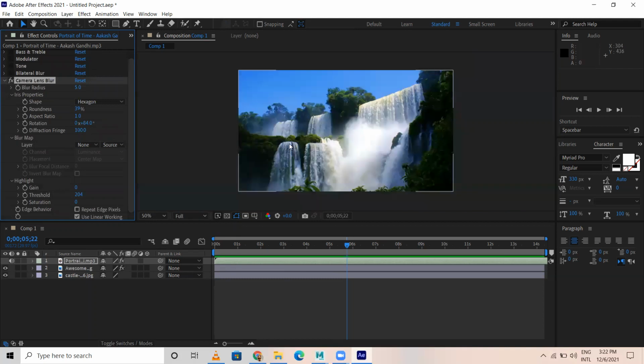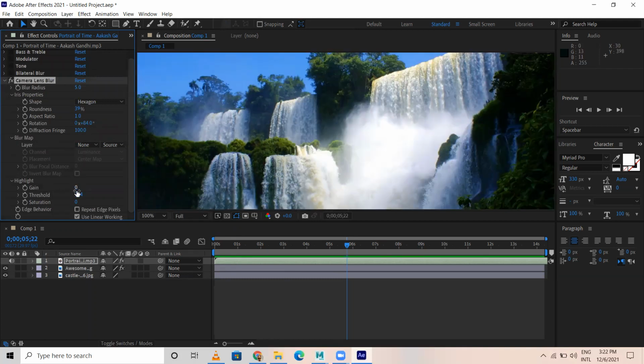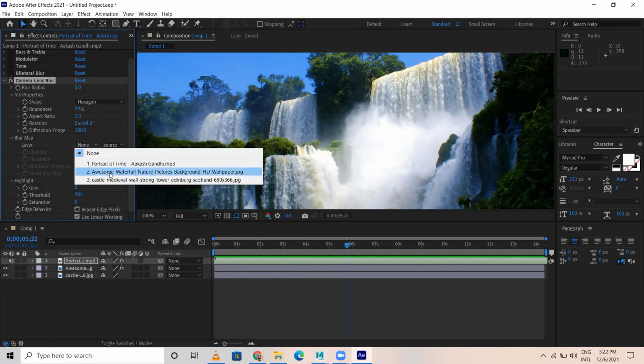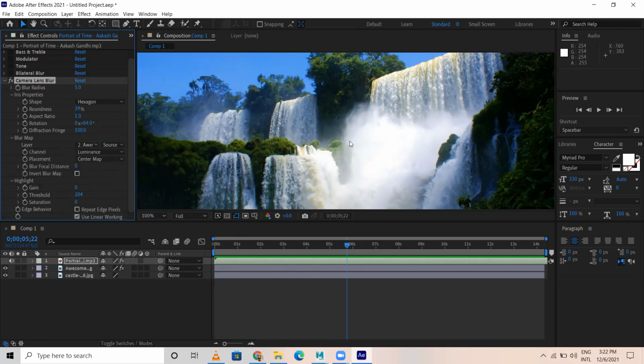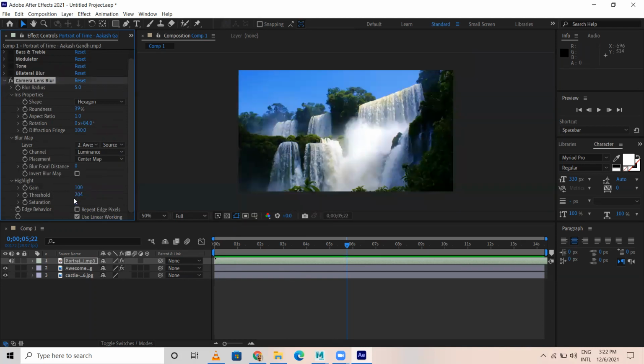Rotation part. Okay, I need to pick a source. Let's say I pick this one as my source. So I can give blur gain and all. That's visible.